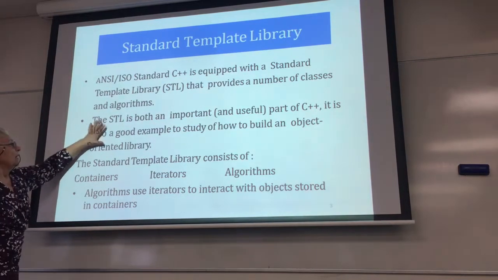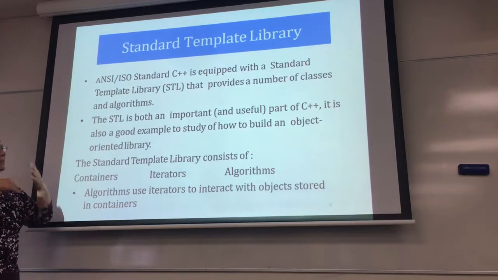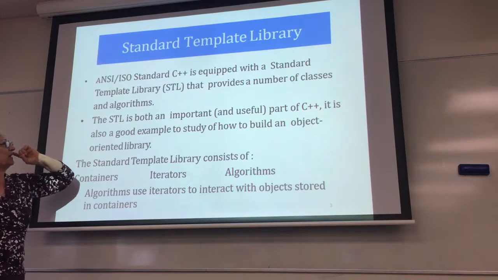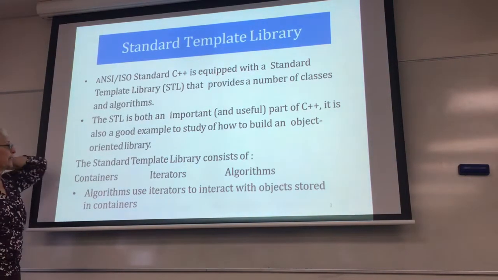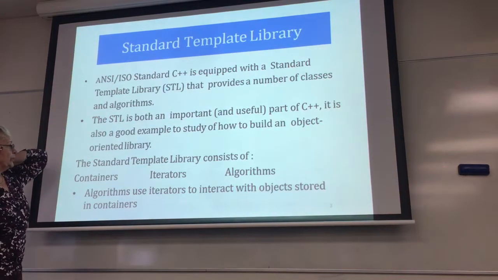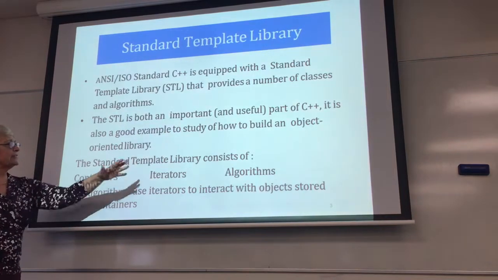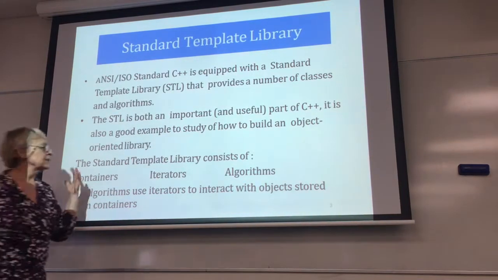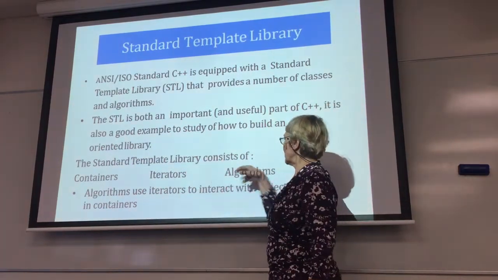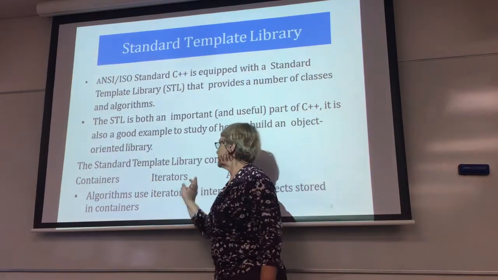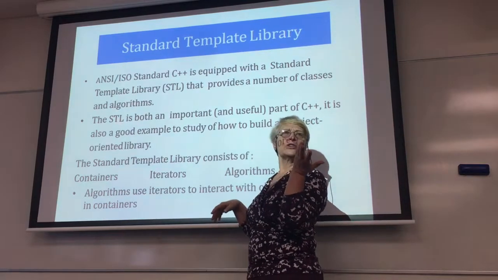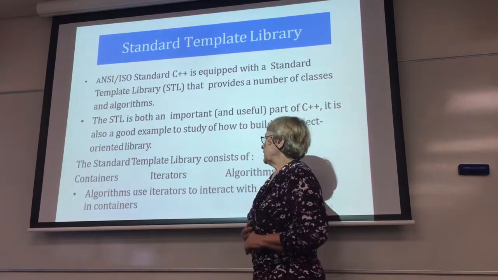So, a good example refers to the fact that there are very good performances explained in the documentation. CPP reference gives this performance features. As I said, there are three big parts. There are more, but we are concentrating on these three big parts: containers, iterators, and algorithms. And the iterators are a linking part between these two groups. Outside this, we have function objects and many other